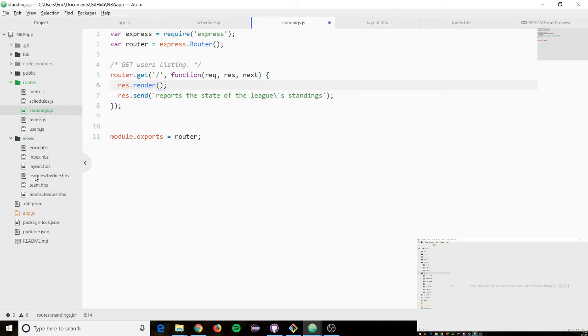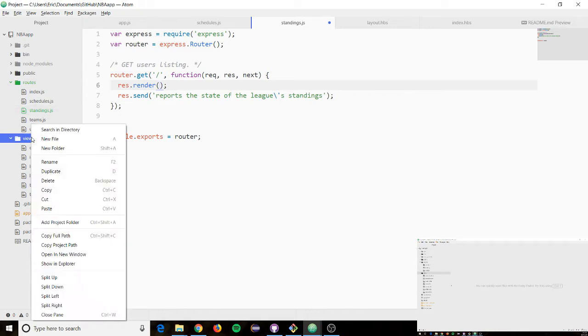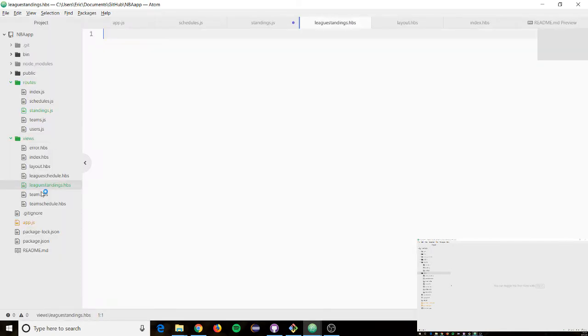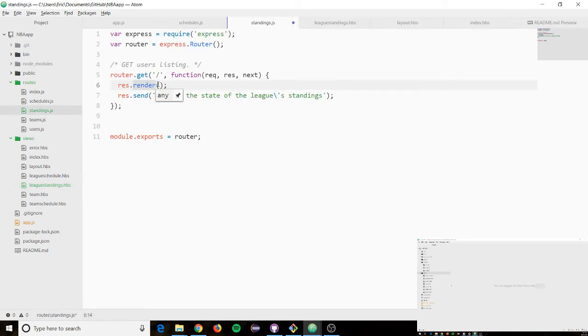Notice I'm trying to use words consistently, like league and like team. So I could say standings or I could say league standings. Or I could even go and say conference standings. So a new file, league standings.hbs. There it is. I created it. It didn't exist before. So now I can say render